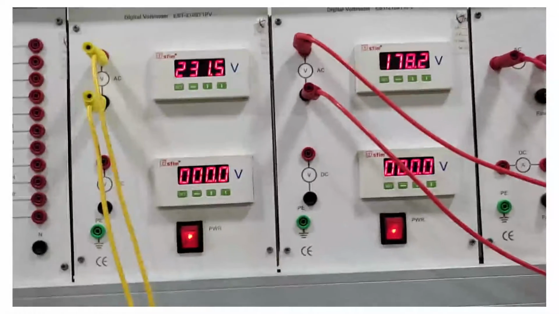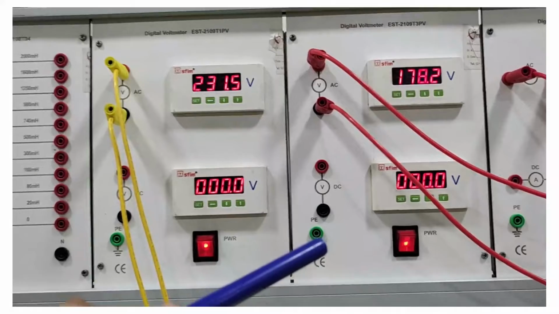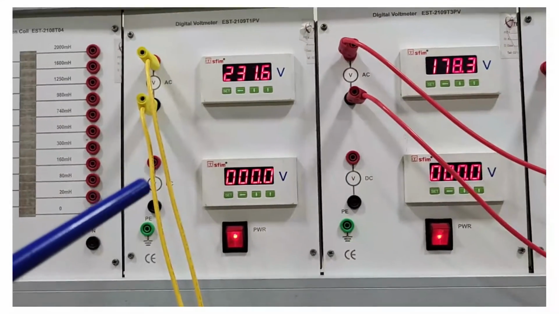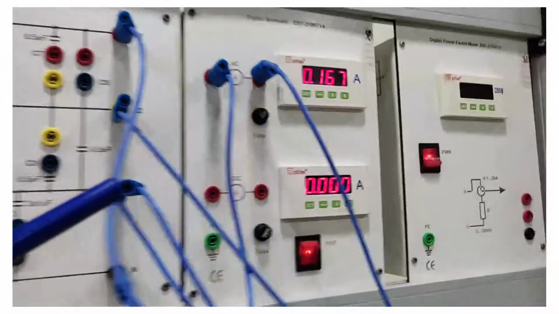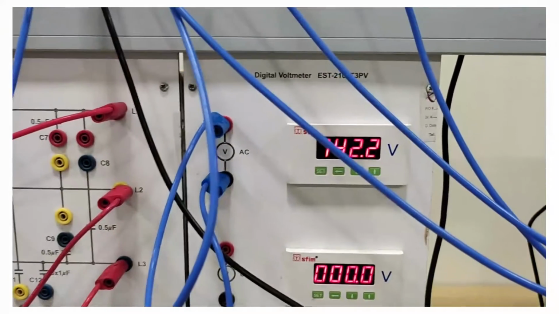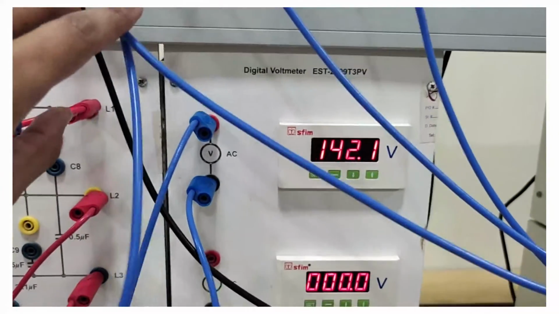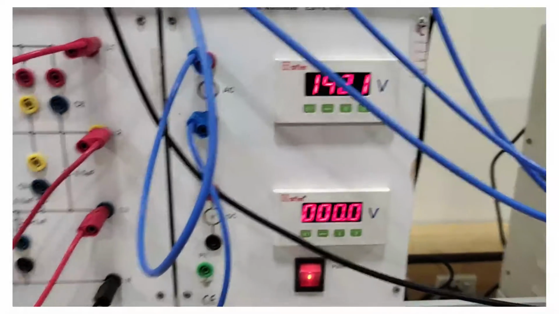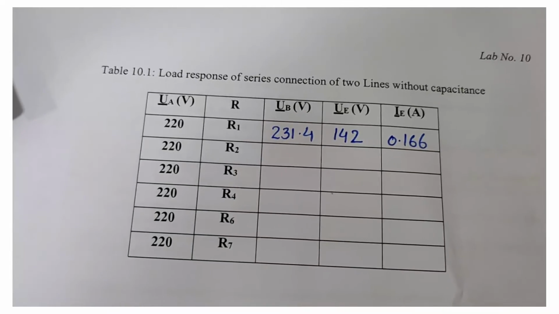So students, this is the voltage of our first transmission line, and this is the voltage of our second transmission line. So this is our initial sending end voltage. We will take the reading of our sending end voltage, and then we see that this is our receiving end load current, that is IE, and this is our receiving end voltage. You can see here that our receiving end voltage is decreased. Okay students, we will note it down in our table. So students, you can see here we have filled the table accordingly.